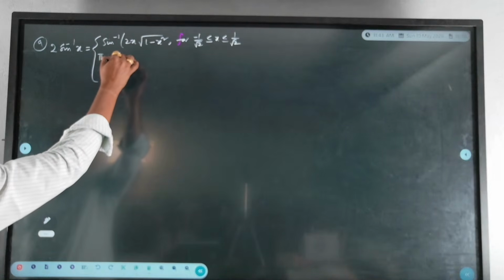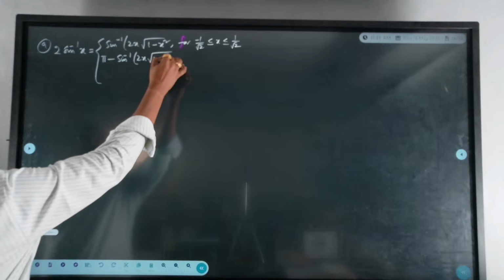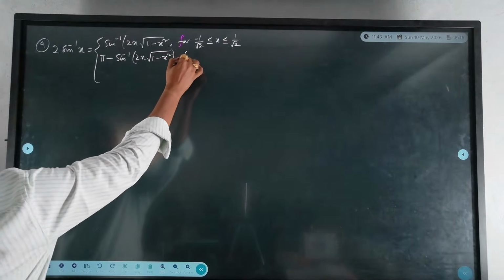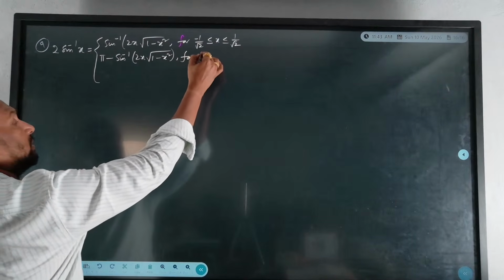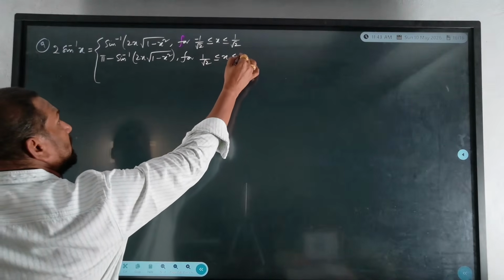Pi minus sin inverse 2x root 1 minus x square for 1 by root 2 less than or equal to x less than or equal to 1,